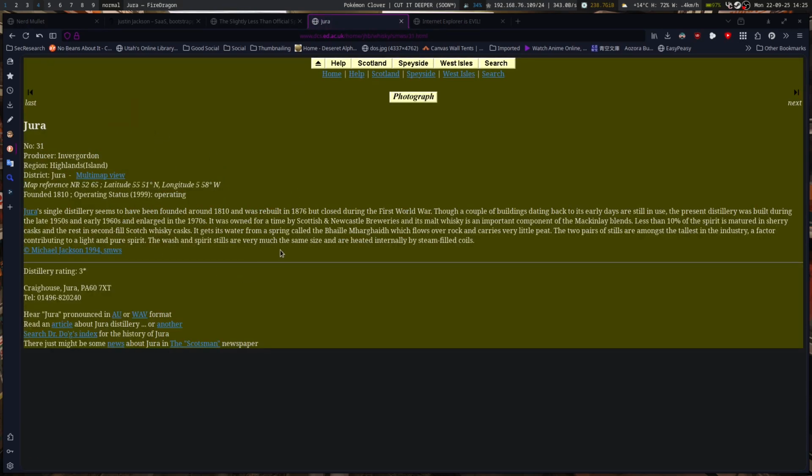Jura's single distillery seems to have been founded in 1810, rebuilt in 1876, but closed during the First World War, though a couple of buildings dating back to its early days are still in use. The present distillery was built during the late 1950s and early 1960s and enlarged in the 1970s. It was owned for a time by Scottish and Newcastle breweries, and its malt whiskey is an important component in the Mackinlay blends. Less than 10% of the spirit is matured in sherry casks, and the rest in second fill Scotch whiskey casks. It gets its water from a spring called the